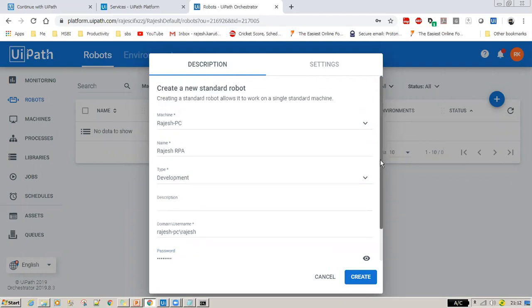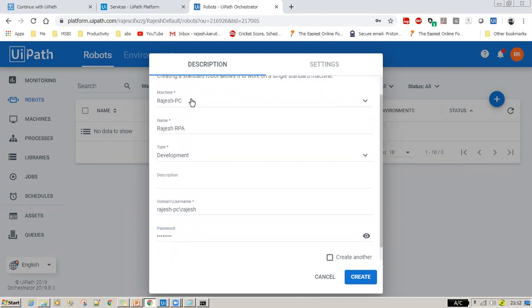So all you need to do is select your machine name from the drop-down list, give any name, specify the type, whether non-production, development, attended or unattended, give your domain, username and password, and click create.